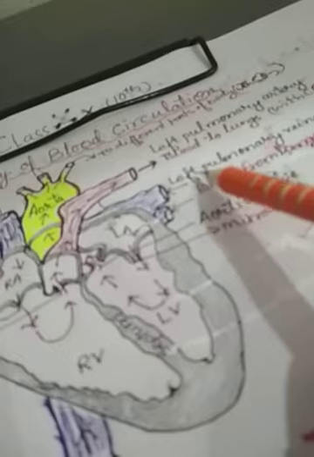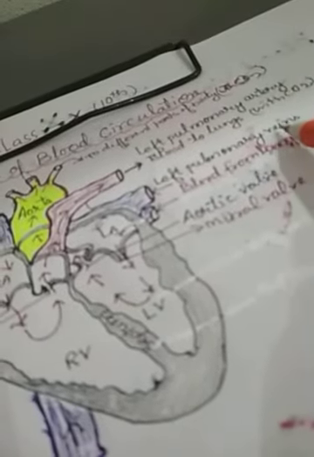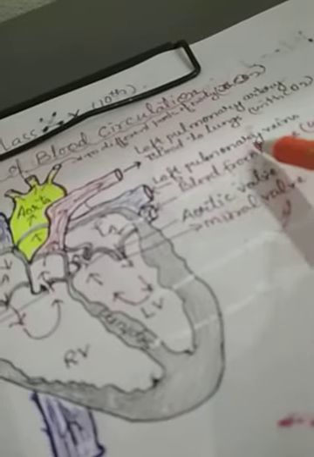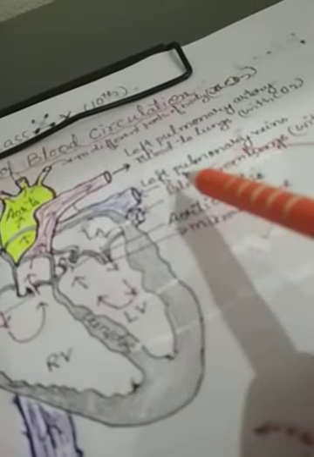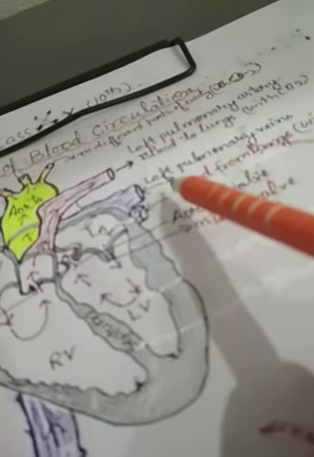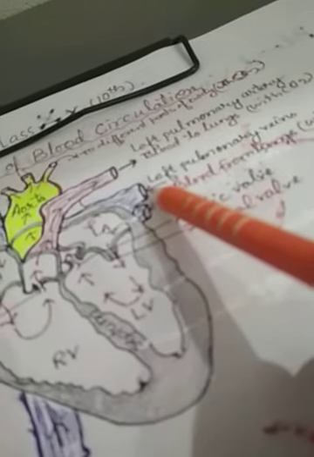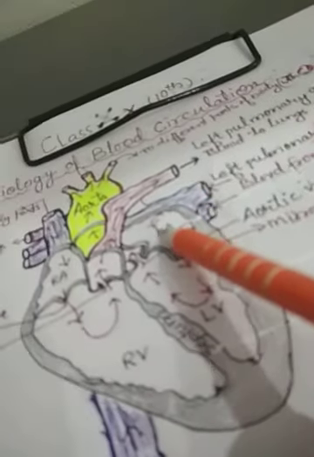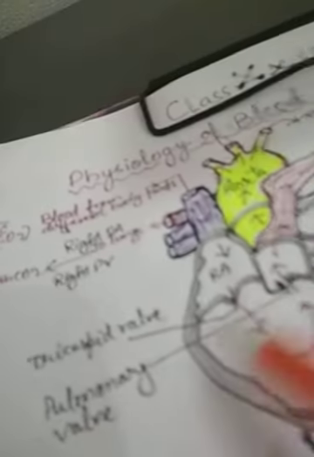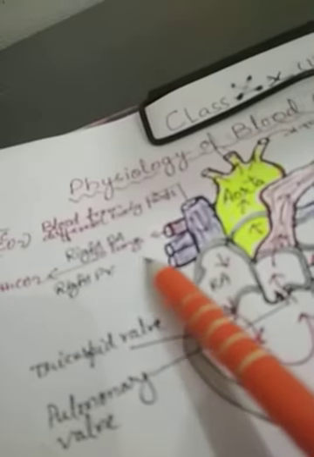See this. These are the two veins, the left pulmonary veins. My dear students, here is also an exception: blood is coming from the lungs, and that oxygenated blood enters the left pulmonary vein and goes to the left atrium, either by the left pulmonary vein or by the right pulmonary vein.